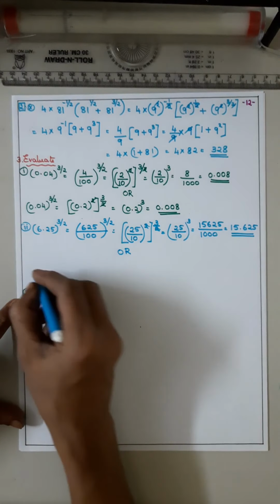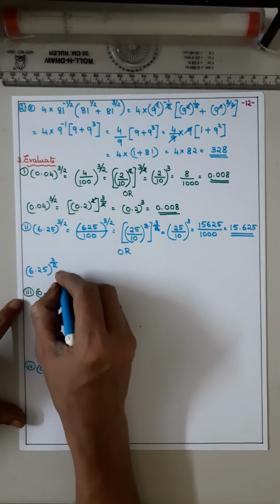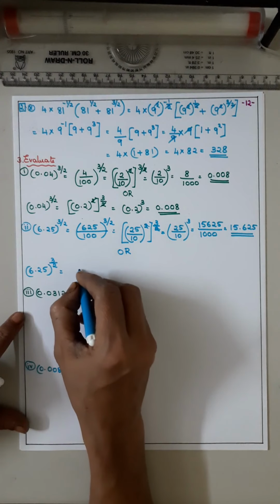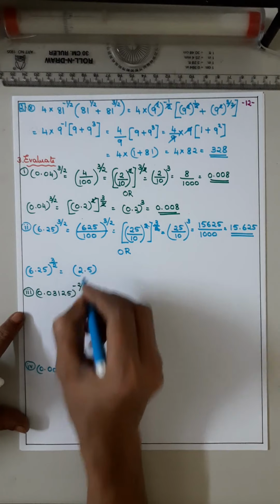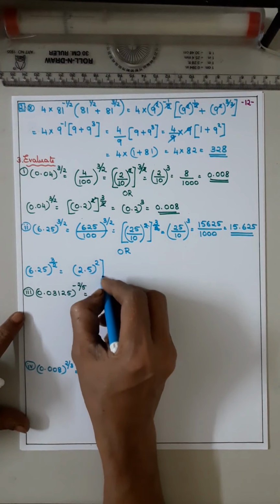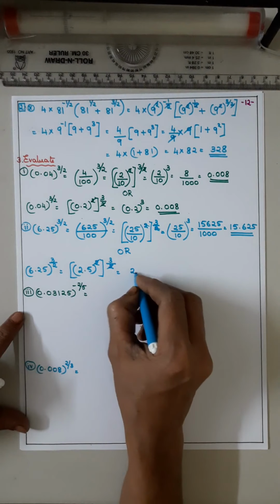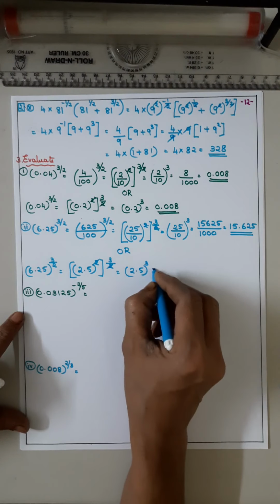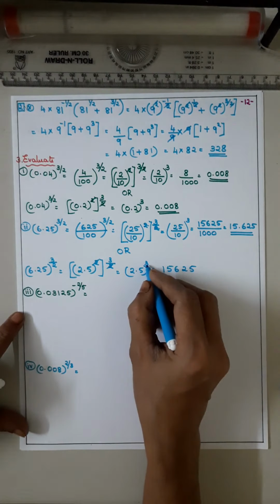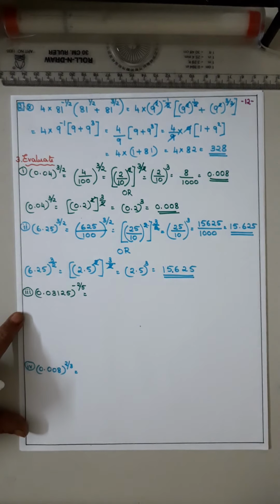Clear? Or it is 6.25 the whole 3/2. 625 किसका क्यूब है? It is a 25 का, that is 2.5. इधर 2 डेसिमल है तो 1 डेसिमल आएगा, है ना? Square the whole power 3/2. 2 gets cancelled. 2.5 the whole cube. 25 का क्यूब है 15625. अभी इधर क्यूब है तो 1 डेसिमल का आएगा 3 डेसिमल.